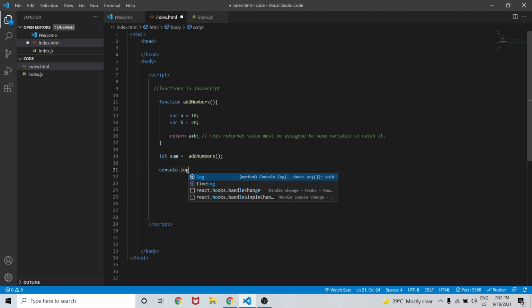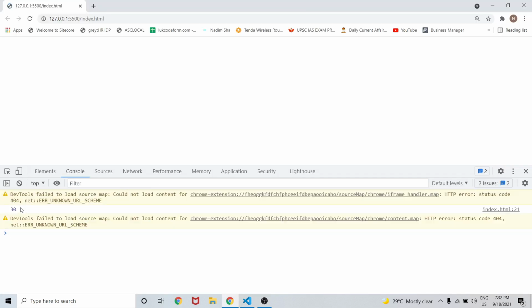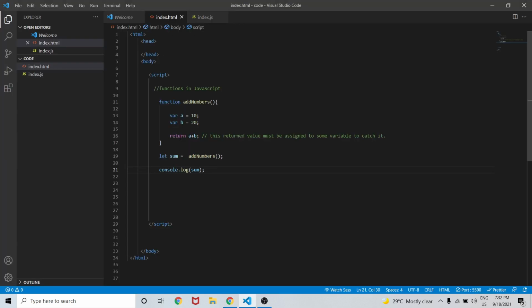As you can see we should be getting the value 30 again, because the return value has been assigned to this sum variable. This is what the return value was.